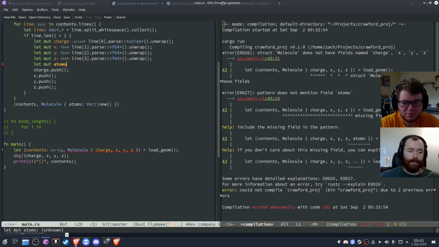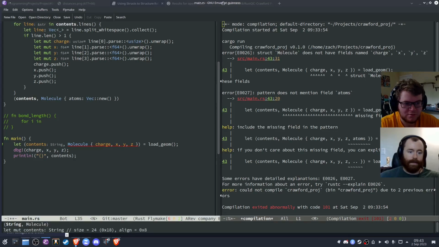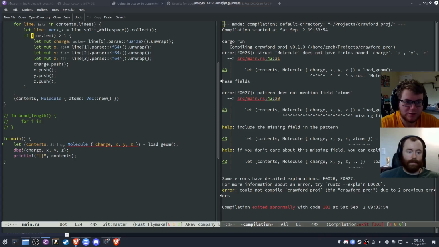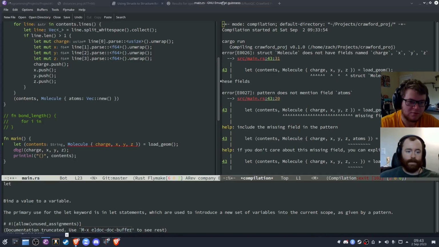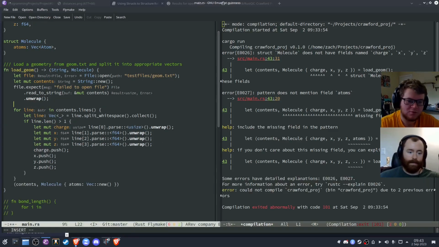So again, this is a scoping thing. Where do you want to use atoms? Well, I want to use it down here when I return it. Right, outside of the loop. Oh, so I need to put it before the if. You want to use it outside the loop. Oh, the whole for loop. Okay. Yeah. So let mut